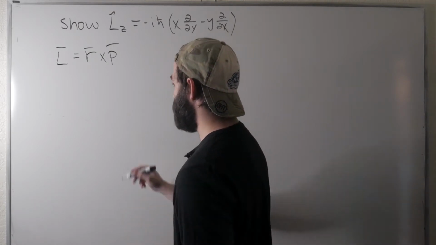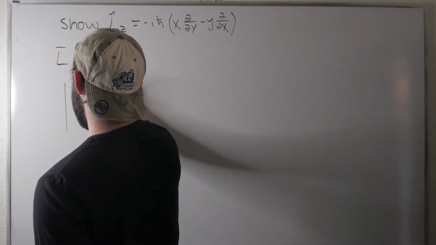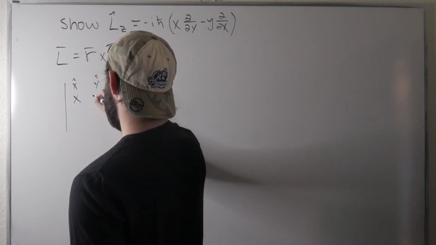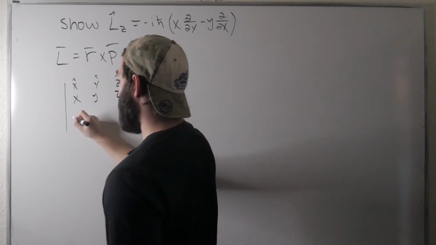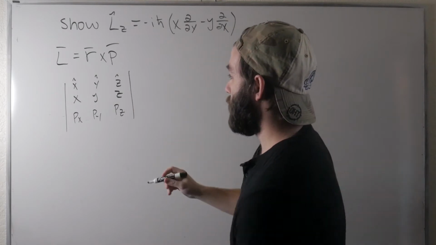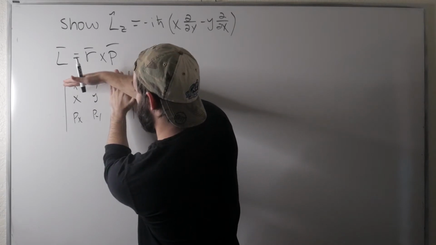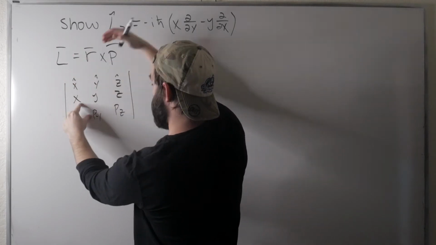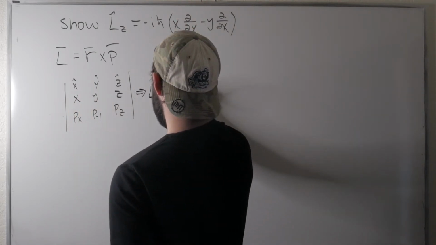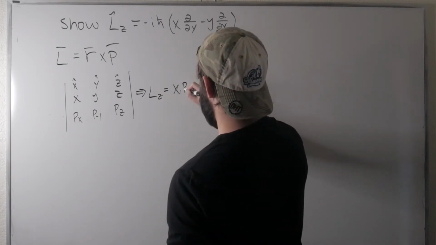But let's do it the regular way that I think everyone normally learns in terms of these determinants and whatnot. So the cross product we write in terms of this, x hat, y hat, z hat, and then we have the coordinates, so we have x, y, z, and the momentum components, px, py, pz. To find the z component, we cover up the z column and then the row of the basis vectors, and we take the determinant of what's remaining. So it'll be x py minus y px. So Lz is equal to x py minus